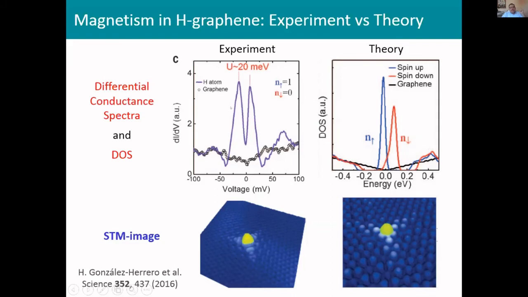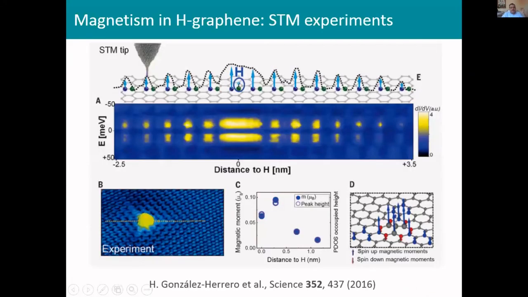So the impurity of hydrogen absorbed on graphene induced a spin polarization of the band structure. In the same report, they also study the magnetic moment using the same technique. The magnetic moment very far from the impurity. Here is the impurity, and they take this line and measure the spin polarized current, and they produce this kind